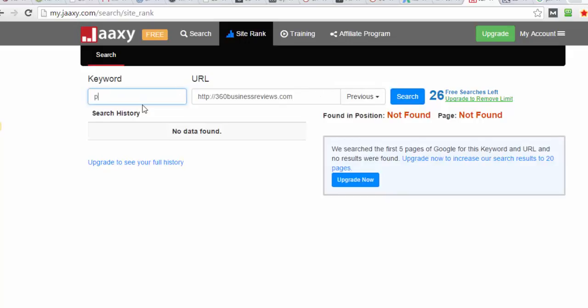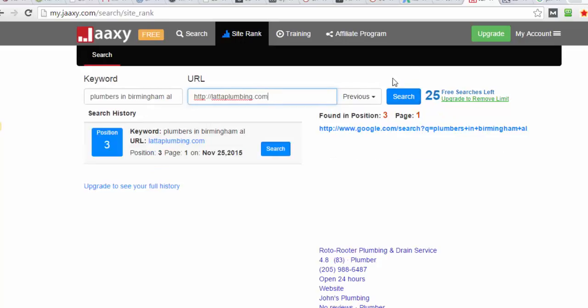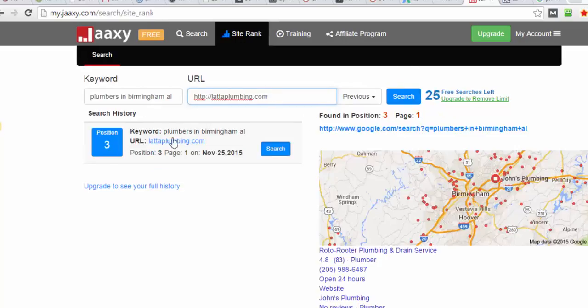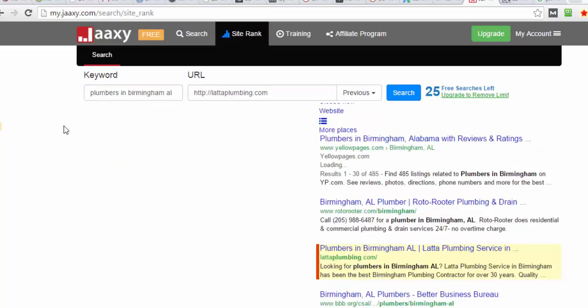Let's do plumbers in Birmingham, Alabama, and type in Latta Plumbing. Okay, and you can see he's in position 3 on page 1, so he's doing well. I've got another attorney, and these are the number 1 keywords, so it's not an accident they're here.